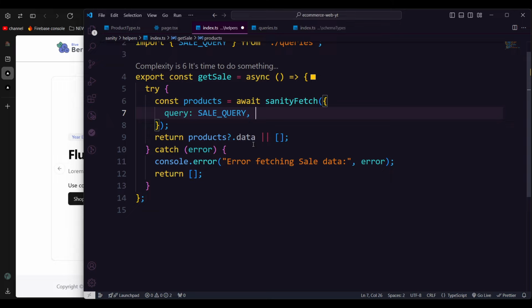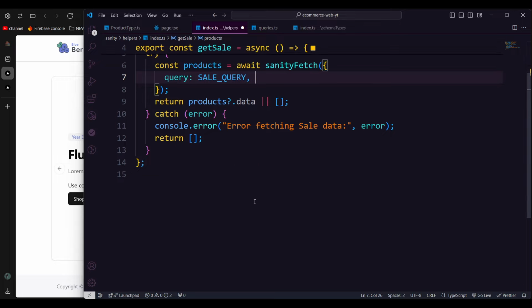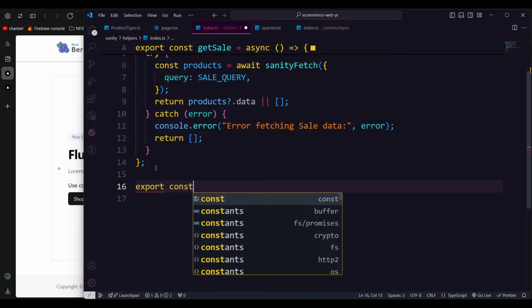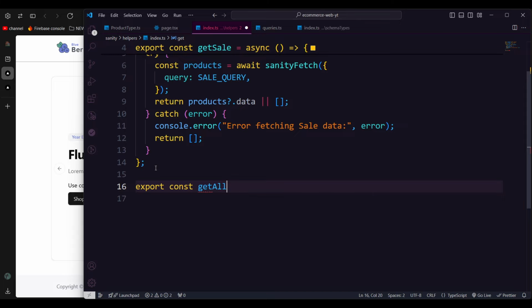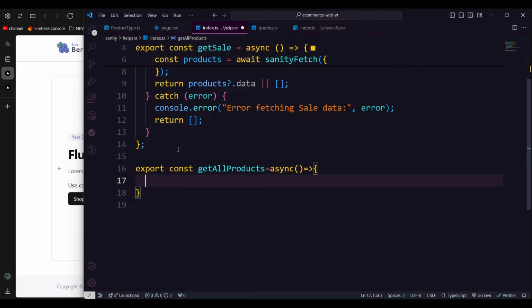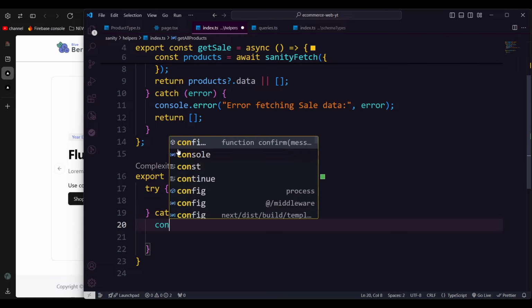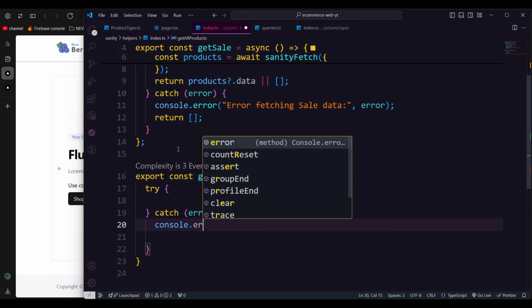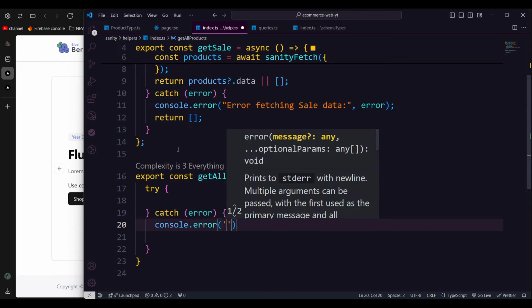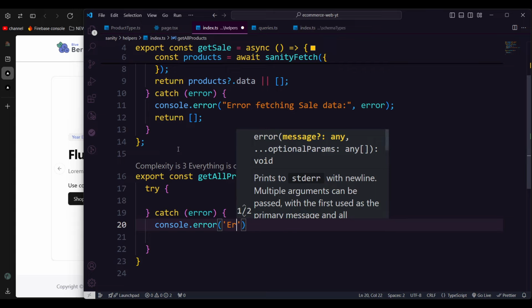So now here, as we created one query for get sale, now here also we can make another call which will be export const. It will be getAllProducts. So with that we're going to get all of our products, and of course it's going to be an asynchronous function. And here we're going to create a try catch block, right? So in the catch block, remember the way we return, so it will be console log error, and in the error we're going to pass a reasonable message. So it should be, let's say